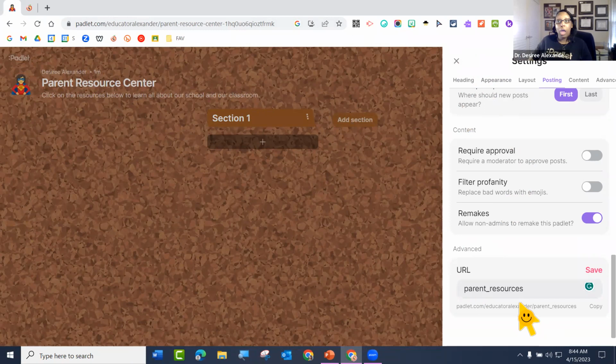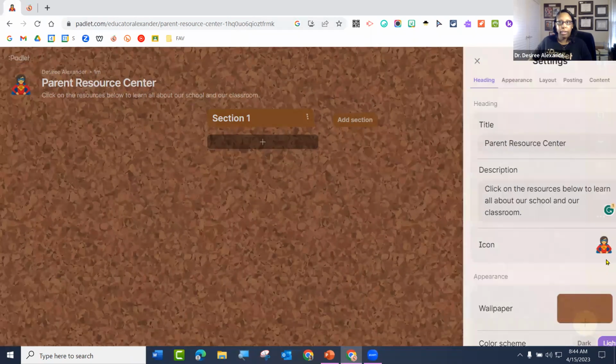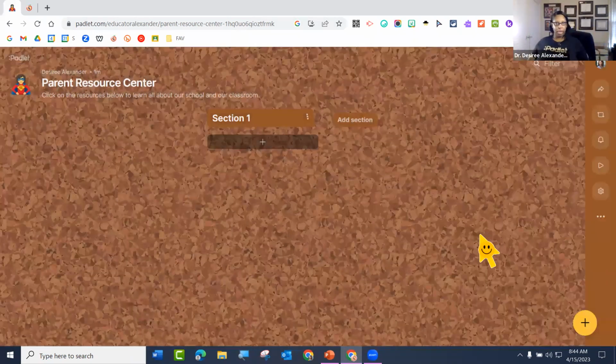Okay. So I'm going to come up here and click this X to get out of the settings. And notice this is my Padlet so far. We want to look at the other things we can do to set up our Padlet. I think we want to start adding to our Padlet, right? Even if you don't want to add to it and want your students to add to it, you still want to know what your students can do, because they're going to have questions for you and you want to be able to answer them.